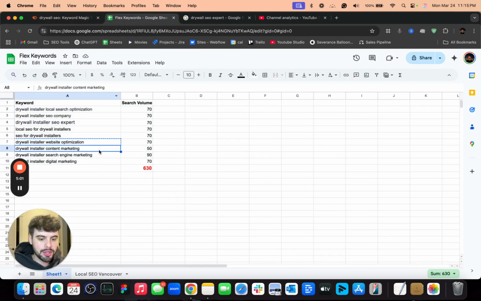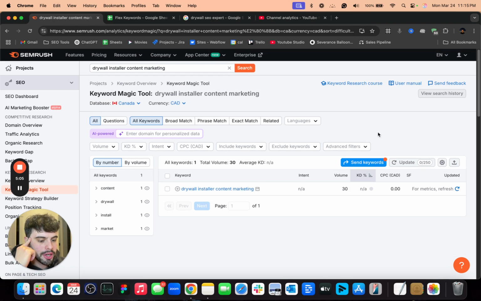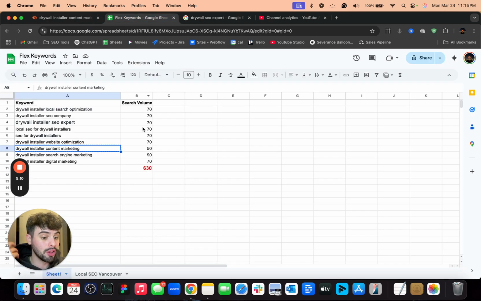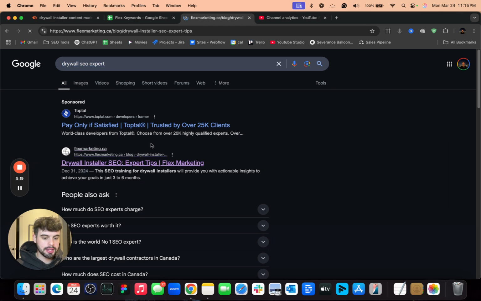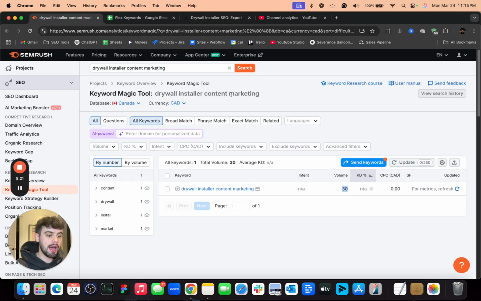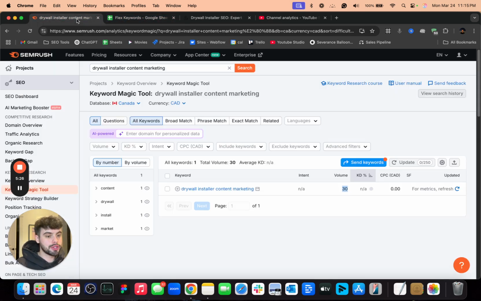So for example, if I search up drywall installer content marketing into Semrush, it'll give me this keyword here. And as you can see here, the volume is actually lower than when I searched it up. So a big caveat to notice is that over time, keyword difficulties will change. Back when I put out this blog post, which was December 31st, the keyword search volume every single month was 50, but now it's 30. And it might shoot back up in the next couple months, or it might even go down. And so that's something to think about, is the trend in the keywords